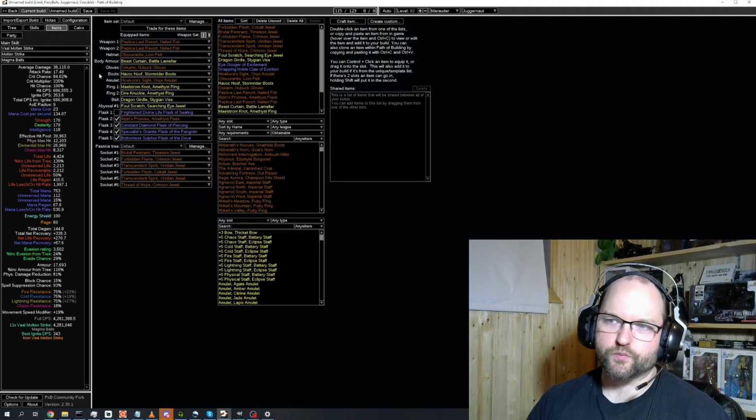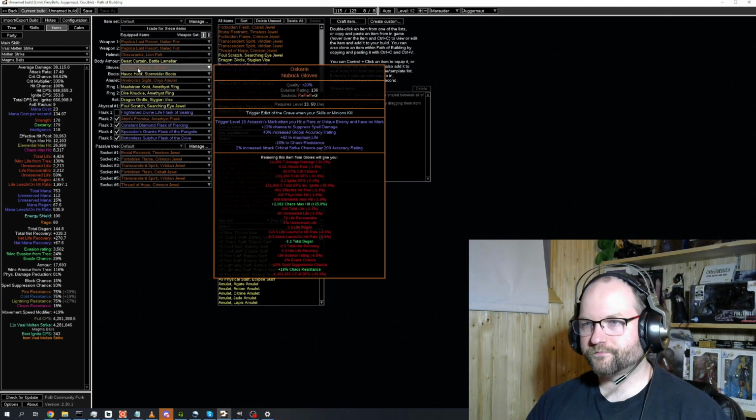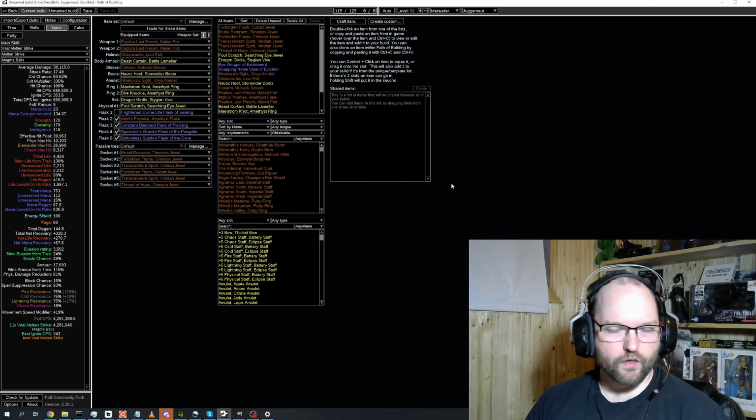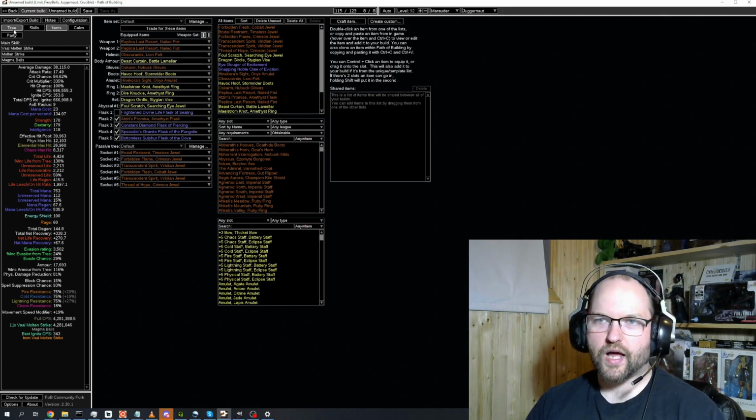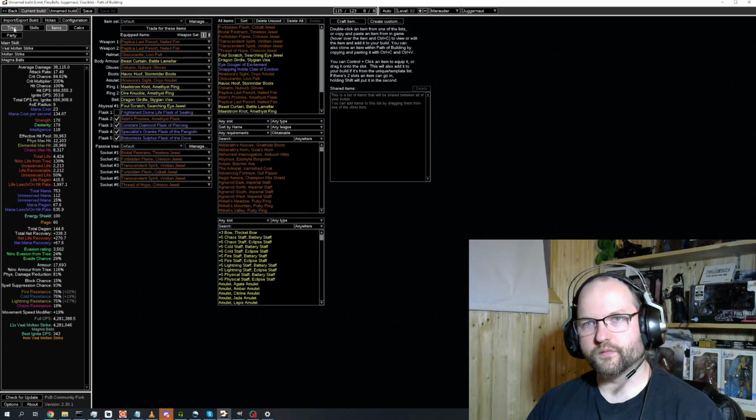And Assassin's Mark comes from the gloves. Oscarm, where are you? There. So all in all, it's a lot of items you need, absolutely, for the build to work. I added Forbidden Flame and Forbidden Flesh